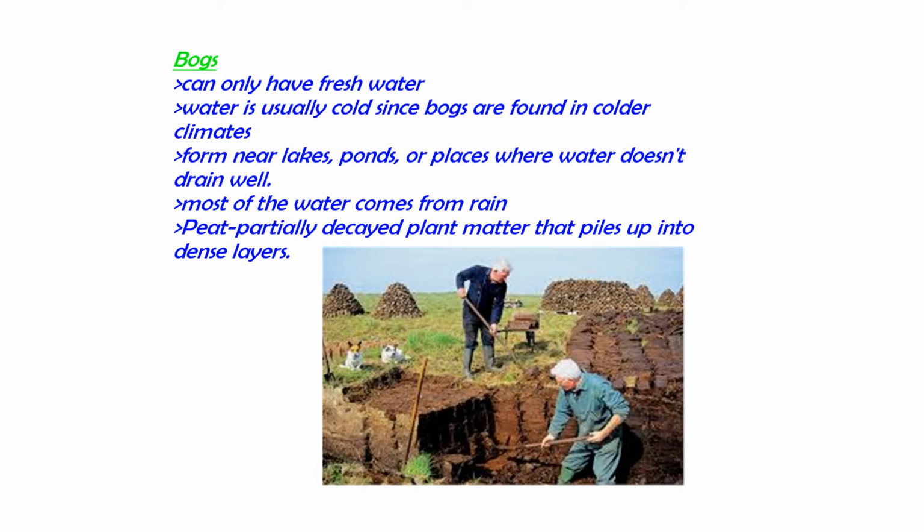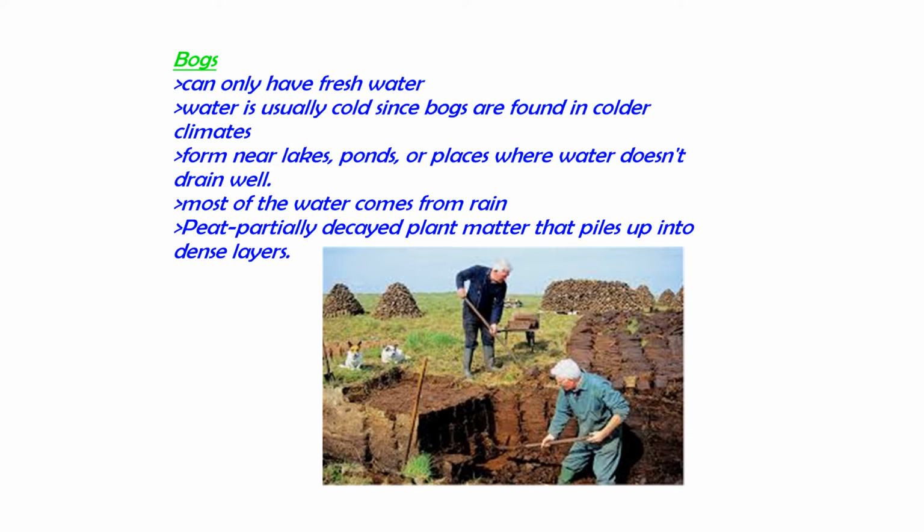Our third type of wetland is called a bog. Now, bogs are different because they always have fresh water. They're found in cooler northern climates, and most of the water in bogs comes from rains. Sometimes you'll find a bog near a lake or a pond